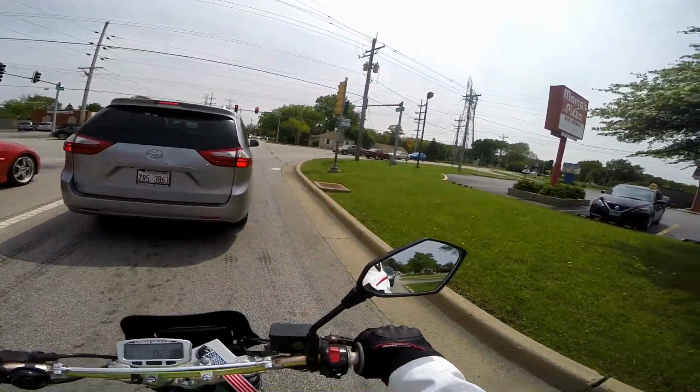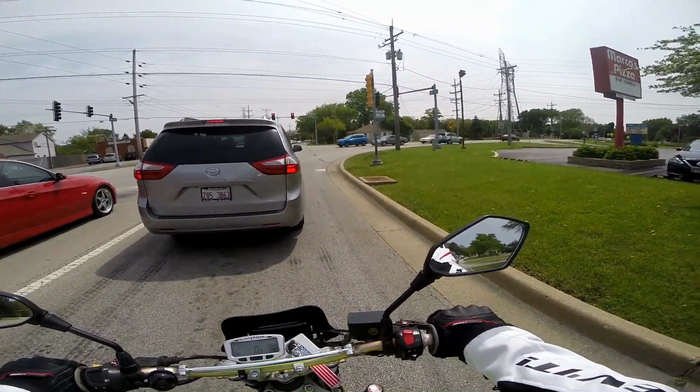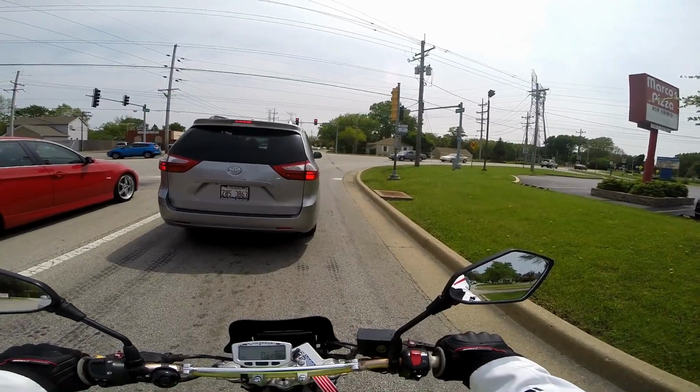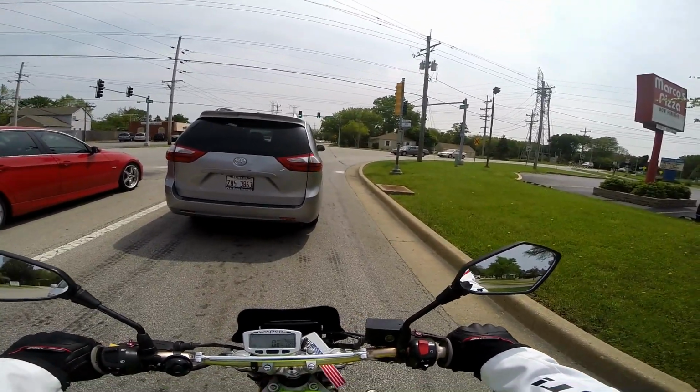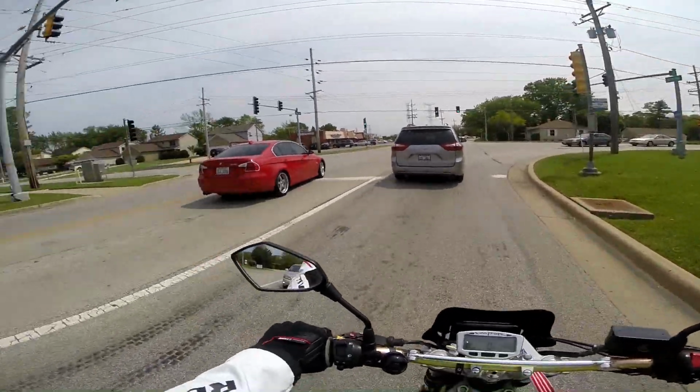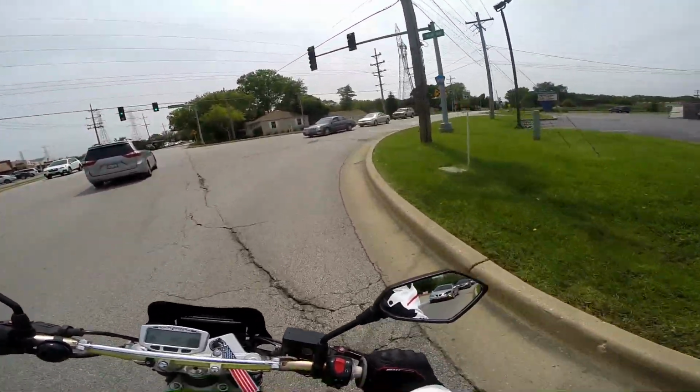If you're not sure, just always go with the brakes. It's the go-to. It'll be the most safe decision there. I'm not perfect with my downshifts and rev matches. Sometimes I don't even know if I do it 100% the correct way. But